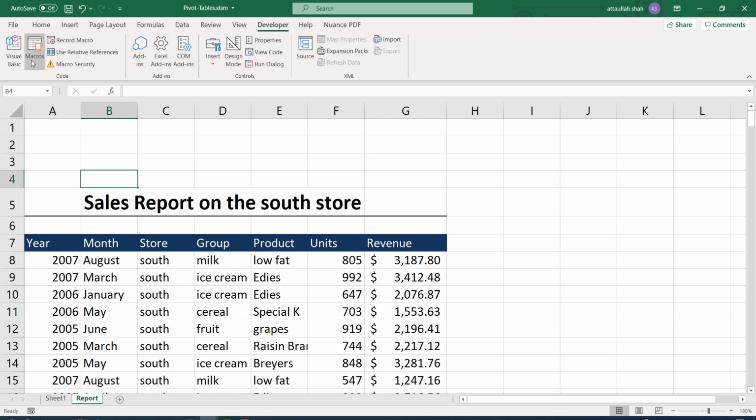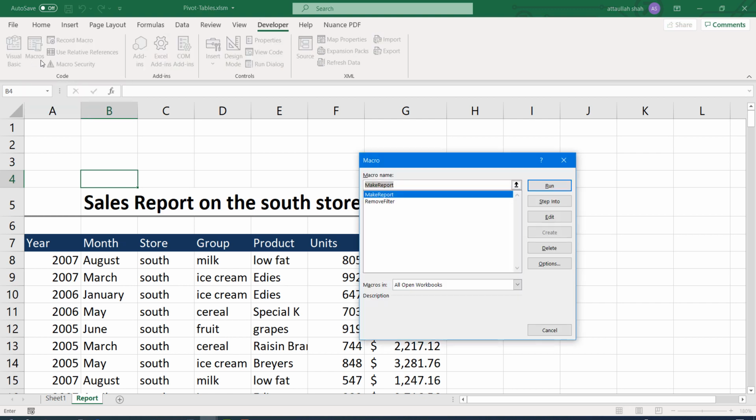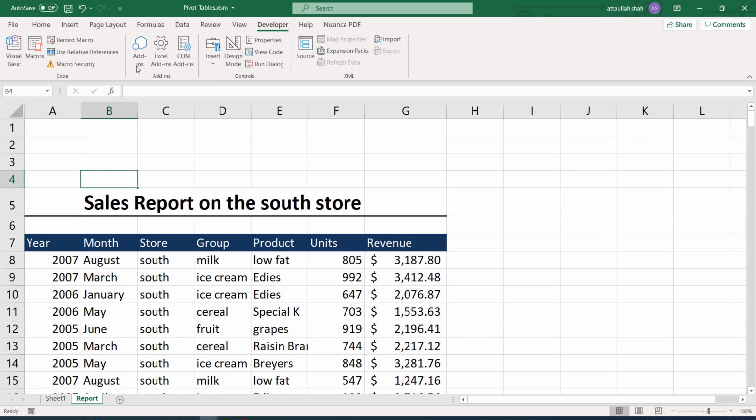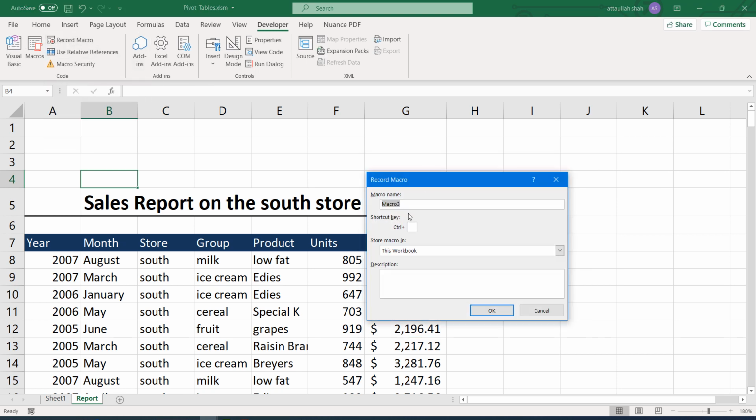So I'm going to macros. I'm going to record a macro, and let's call it clear contents. And I'm not assigning any shortcut to it, so at the moment I'm leaving it empty.